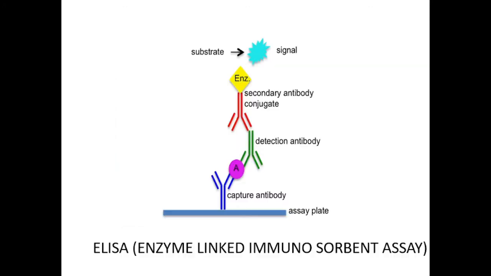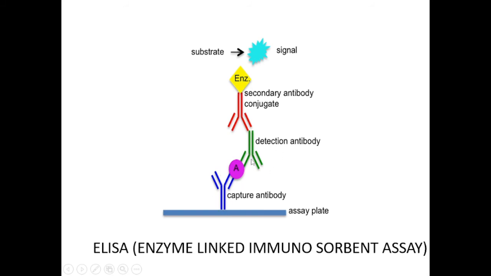The next is enzyme linked immunosorbent assay, ELISA. ELISA is a very common method for the identification of antigen or antibody. Here we are only discussing the antigen. For detecting antigen, a very common, very specific and very rapid method is enzyme linked immunosorbent assay. This is one of the tests used as a screening test in the case of HIV, AIDS. Here the antigen antibody reaction is there.